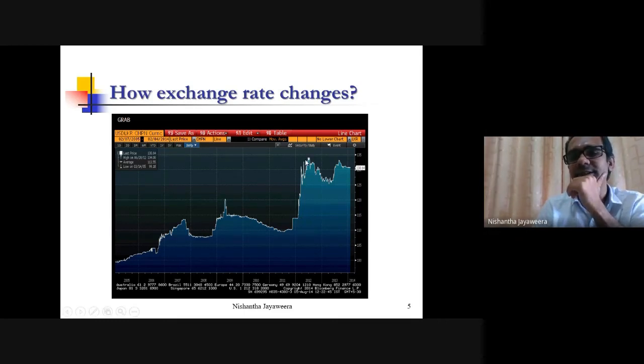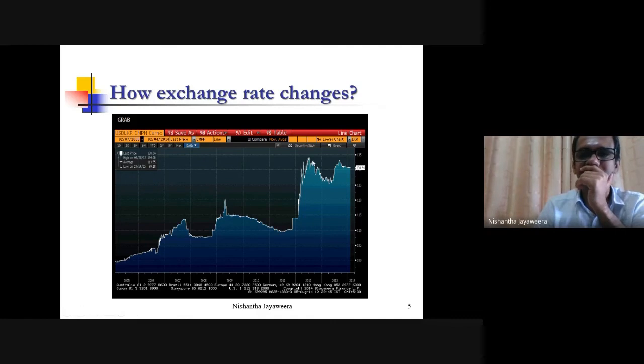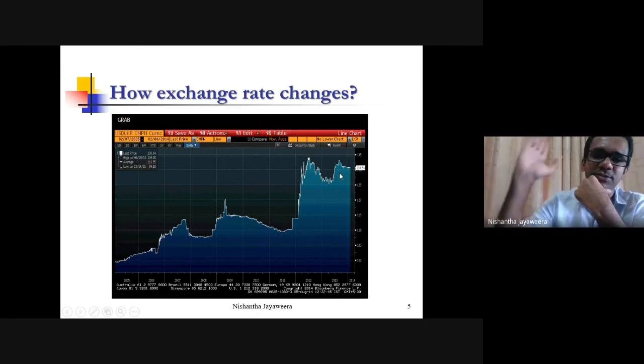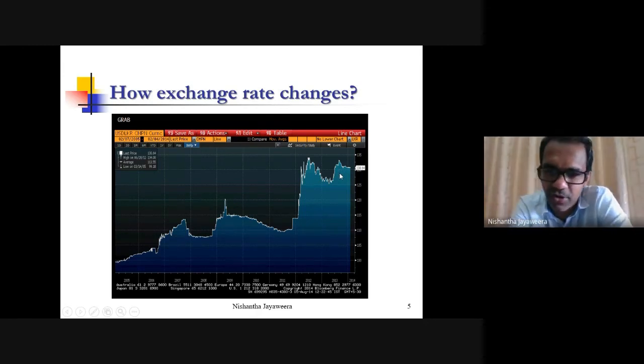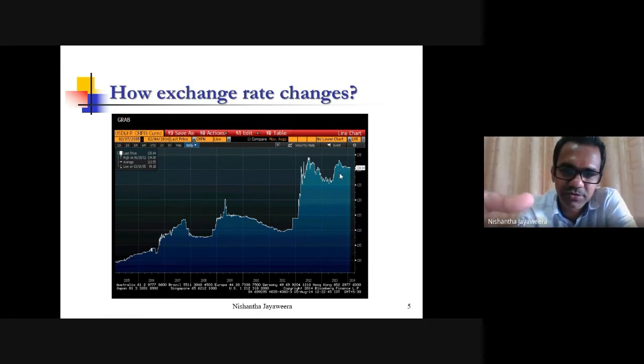It ended up at 135. Then again the central bank took some actions, brought it back to the 125 level, and it stabilizes there. But then again, it went up. Now, where is it now? However, what I wanted to show you, see,